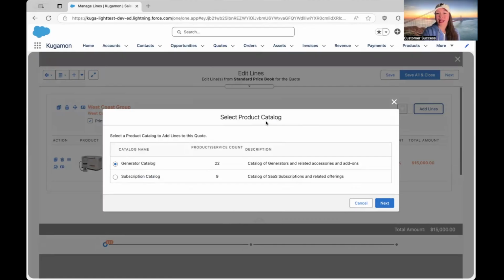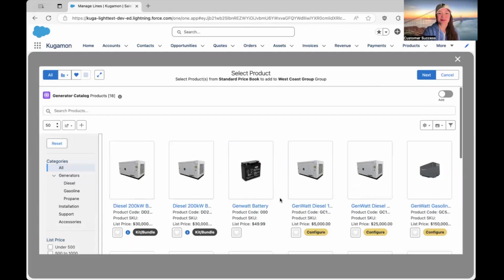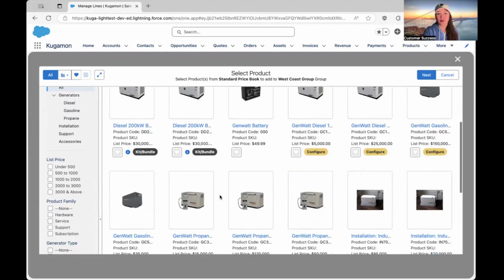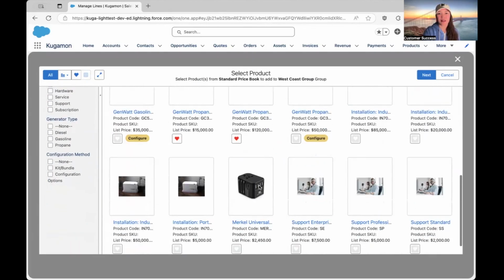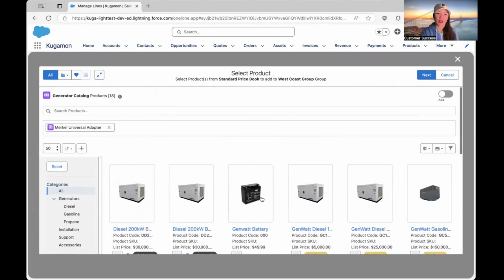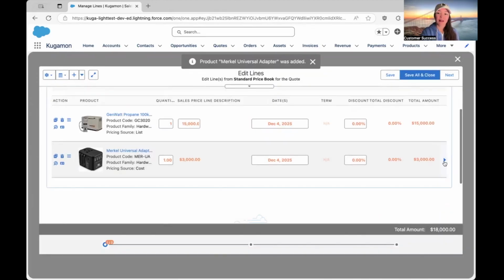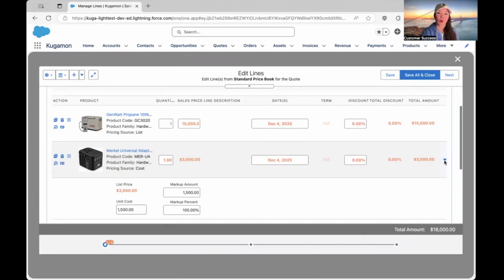I'll click back into Add Lines and then click Next. And from here, I'm going to add a product that demonstrates cost-based pricing, which is this Merkel Universal Adapter, and then click Next. And now here, if I click to open this drawer,